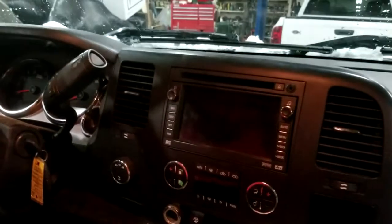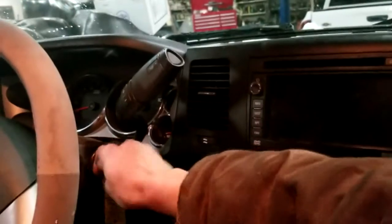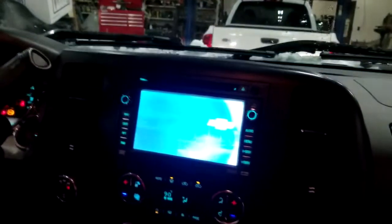I took it to the Chevrolet dealership here in town. $40 later, it was good to go. They untheft locked it. But what we're coming up with here